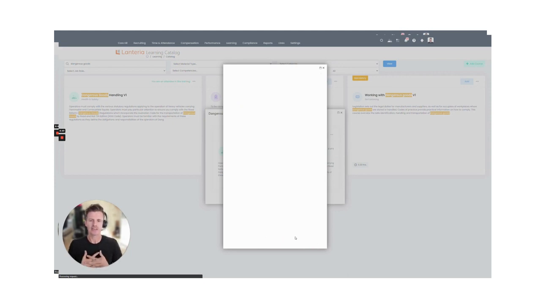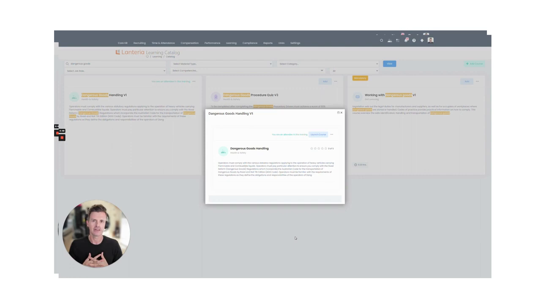The next thing we need to do is to assign attendees. Now, as an employee, if you set it up this way, employees can go and self-register. You can actually set a cost and have an approval, but we won't go into that here. So as a learning manager, I can actually go in. Firstly, I might want to,